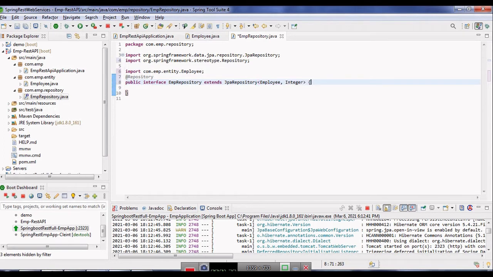So here it is. Now in this case we can even put extra methods, but as of now it's not required. So it is going to take only the JPA repository methods. So we are ready with this repository.